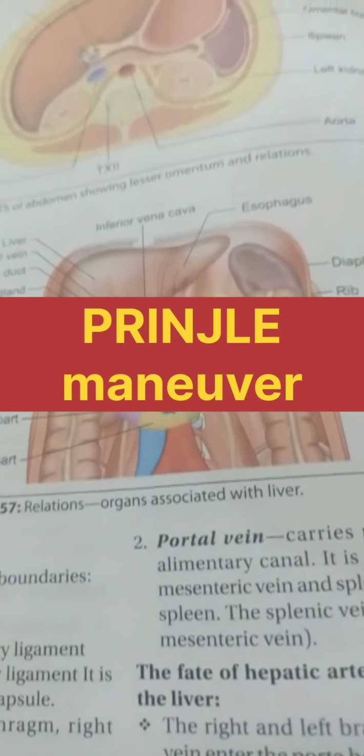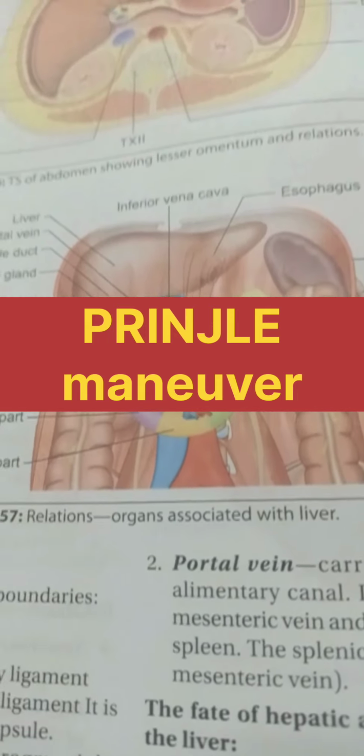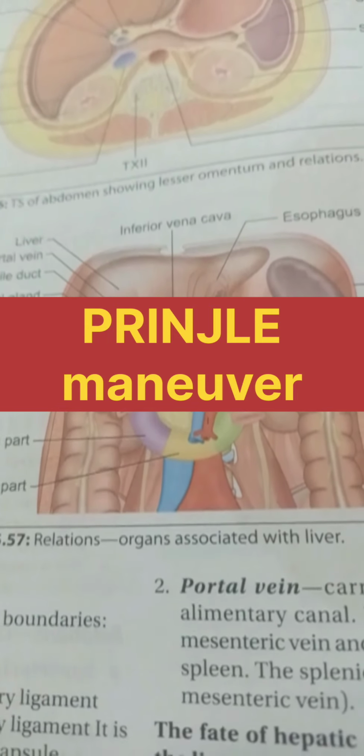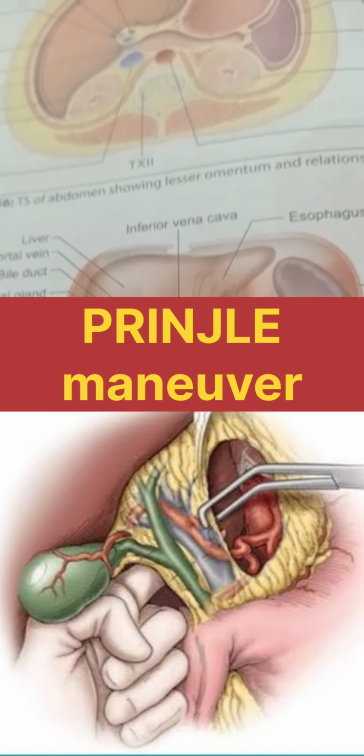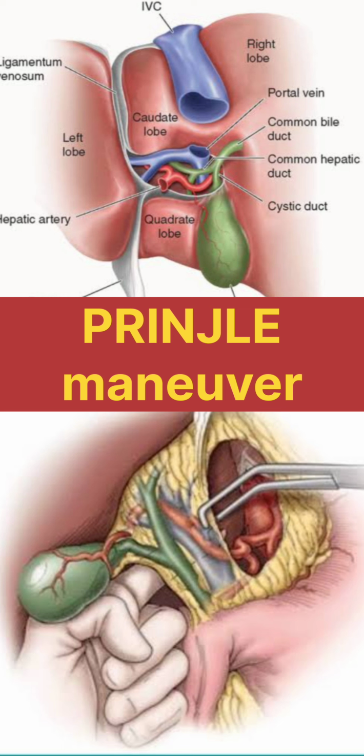One of the most important things to notice is that there is a maneuver called Pringle's maneuver. जब भी cholecystectomy होता है, there is the resection of the gallbladder, उस टाइम पे क्या होता है, there are chances of bleeding from the cystic artery. तो क्या करते हैं, cystic जो artery है उसमें से bleeding ना हो, इसके लिए the hepatic artery is compressed so that there is no bleeding, there is control of bleeding from the cystic artery. तो इसलिए इस maneuver को कहते हैं Pringle's maneuver, where we compress the hepatic artery to control the bleeding from the cystic artery, ठीक है. So that is the Pringle's maneuver that is performed during cholecystectomy.